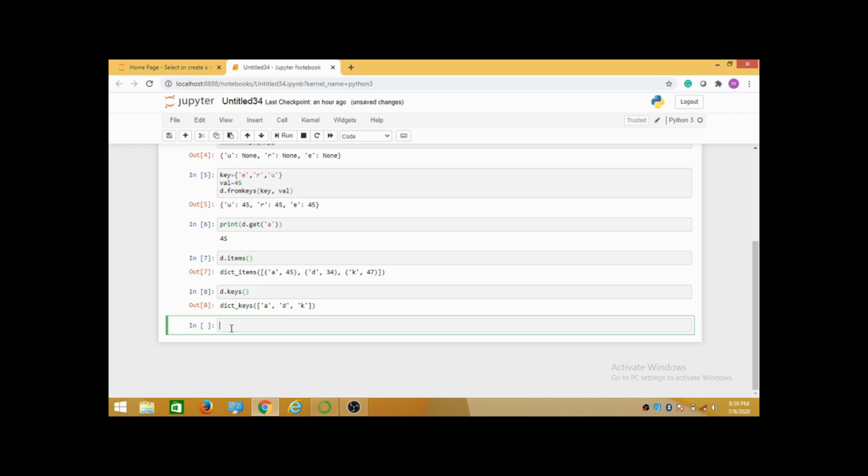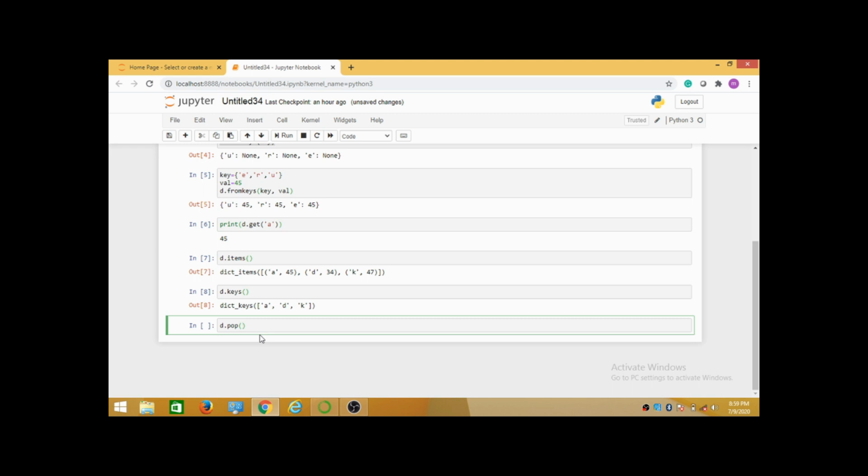And the next function is the pop function. This pop function is also used to delete an element from a particular dictionary.